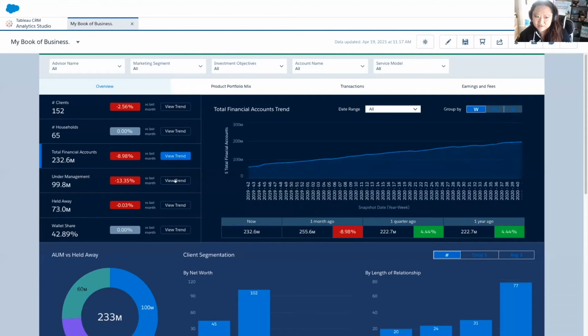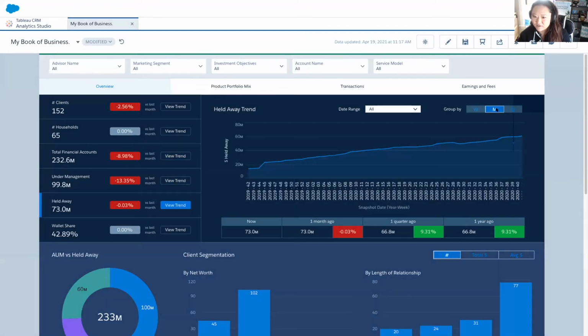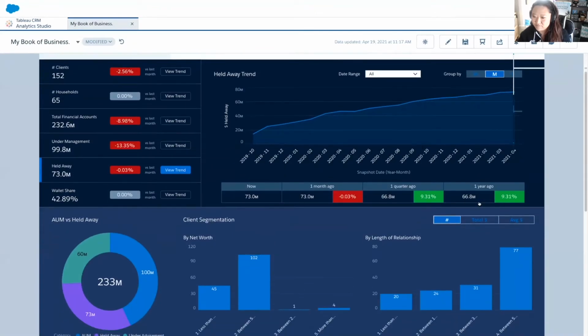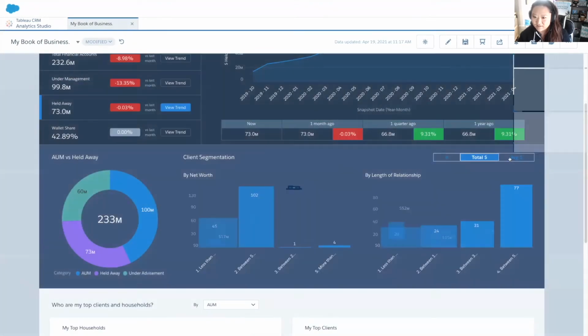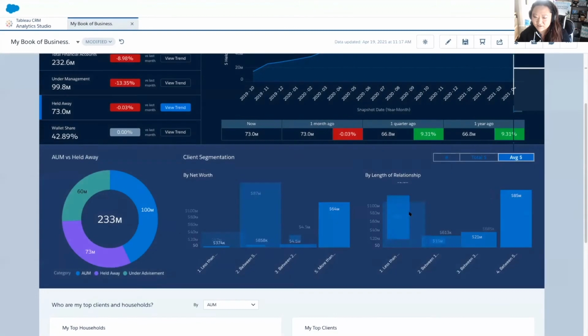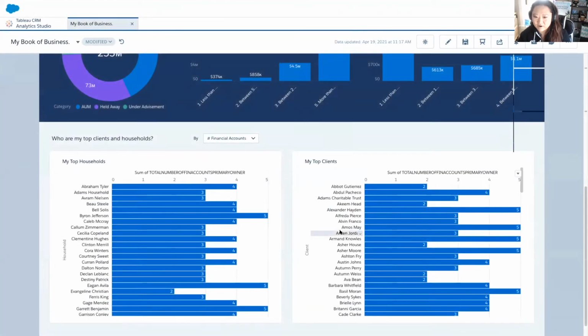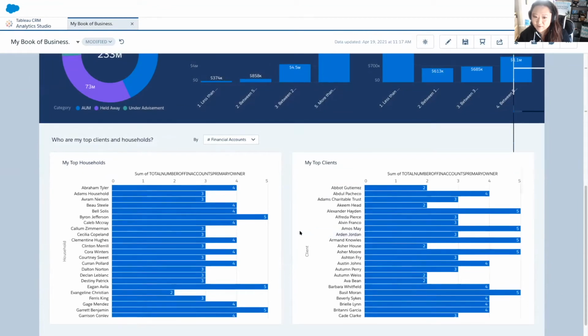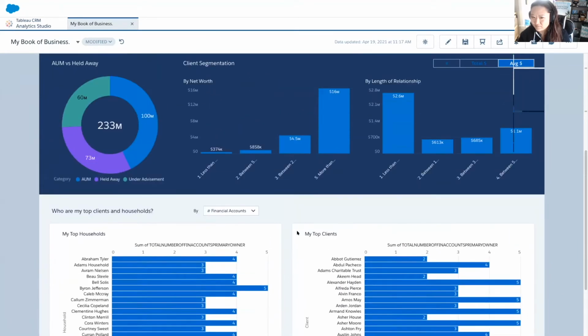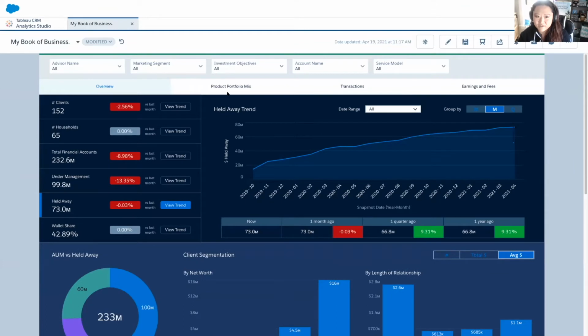Now, what this speaks to is the power of self-service, because when a user wants to change what they're looking at, they shouldn't have to call IT, report writers, or DBAs. They ought to be able to get what they want, when they need it, in the manner that they want to see it in. Our relationship manager can also take a look at their product portfolio mix